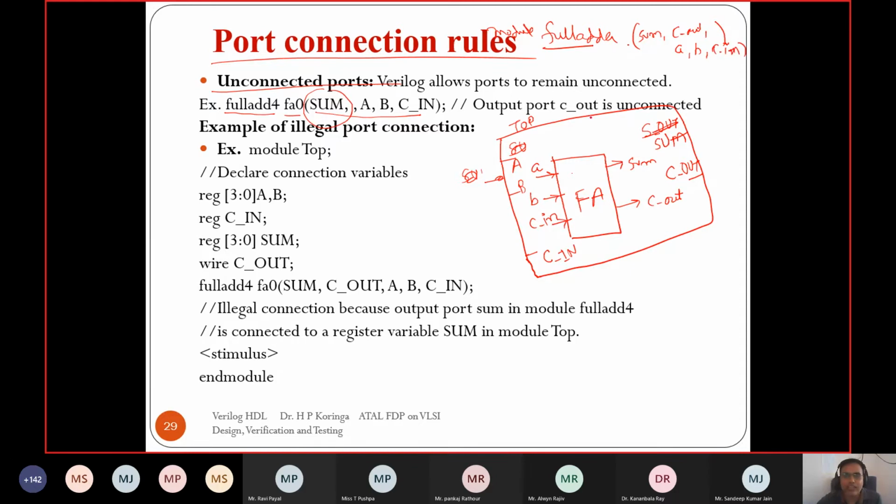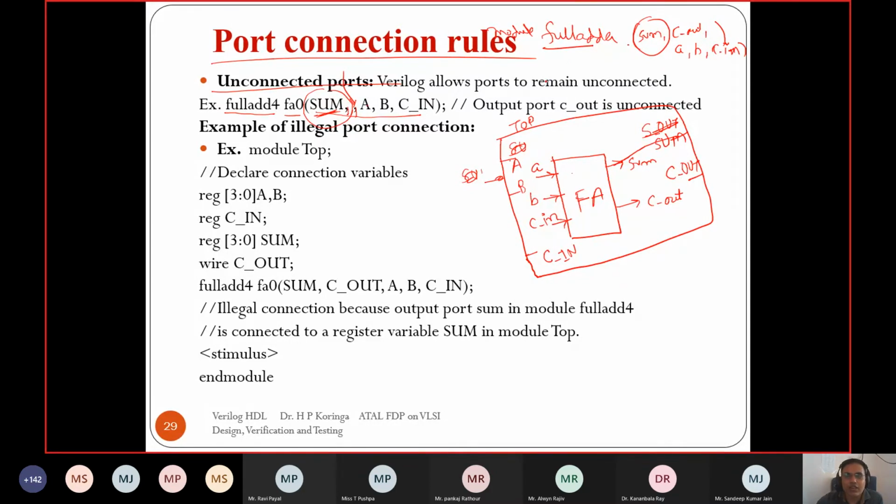So it will connect in the same order. Whatever we write first will connect to whatever is first in the port list. The first in the port list is sum, so it will connect with sum. Here the carry out is unspecified. Suppose we do not want to observe or connect it, it is unconnected, right?